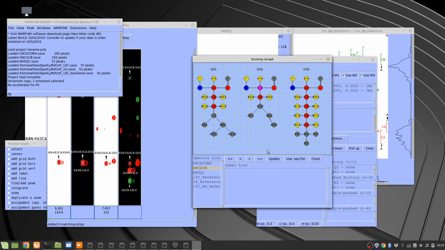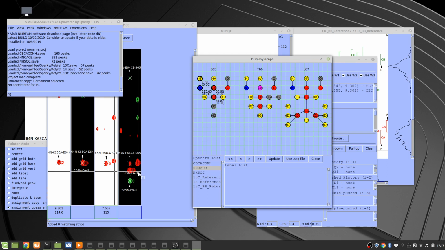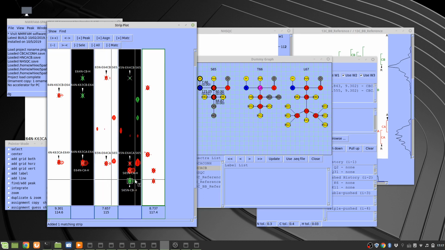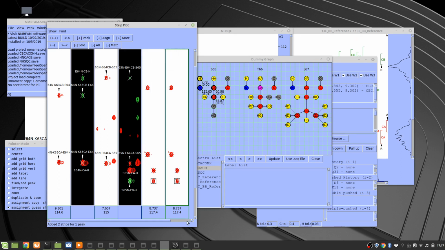So you can open up the dummy graph, and yeah, next one is 66. So maybe this carbon beta has quite a unique chemical shift. So maybe we can just select this carbon beta and then select this strip and find the matching strip. Voila, you can see that there's only one matching strip. So you can select this guy, click this pick button, and